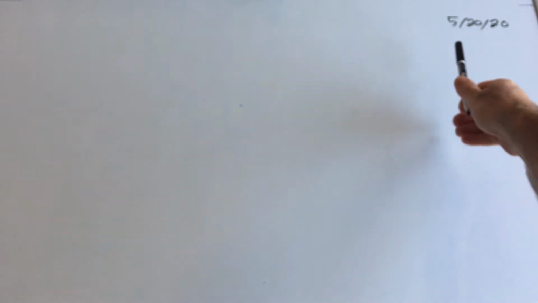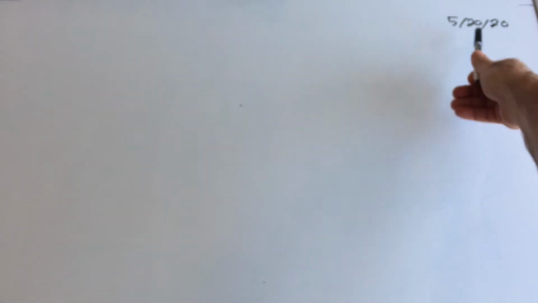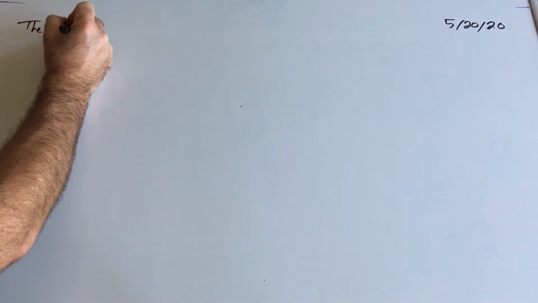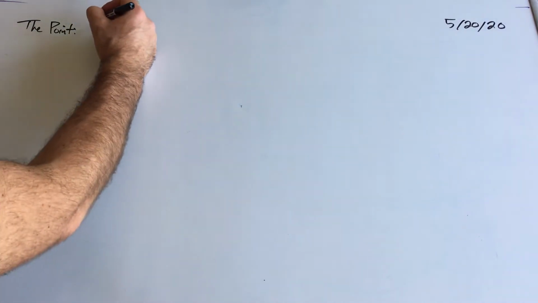Let's write the date. I believe this is supposed to happen on the 20th. As usual, check that is the right date. If not, write the right date. Skip a line, go all the way left, write the point. And the point today is how are